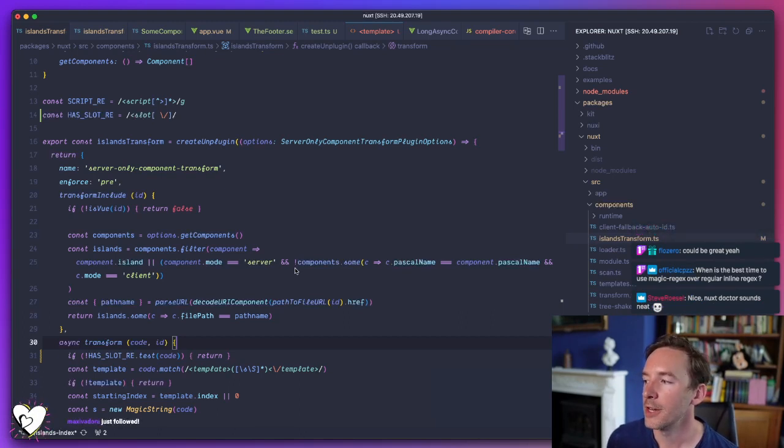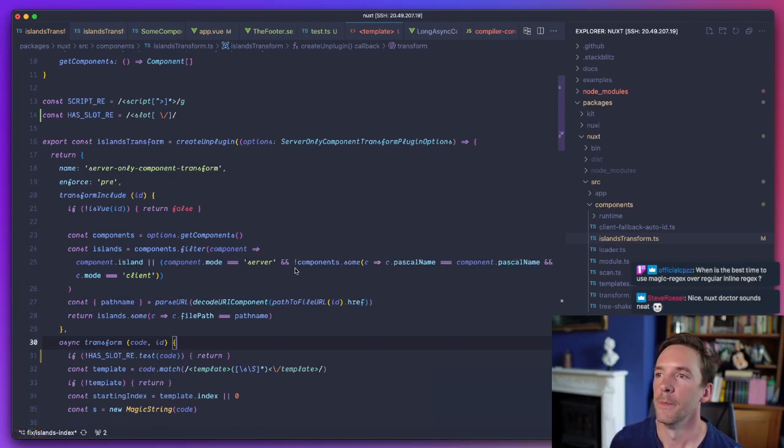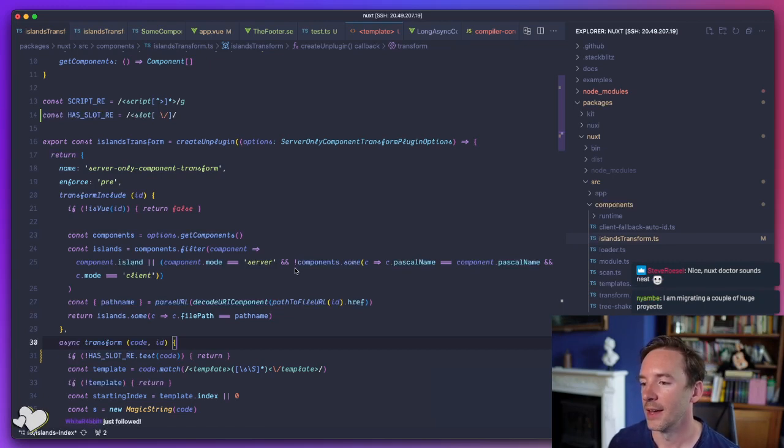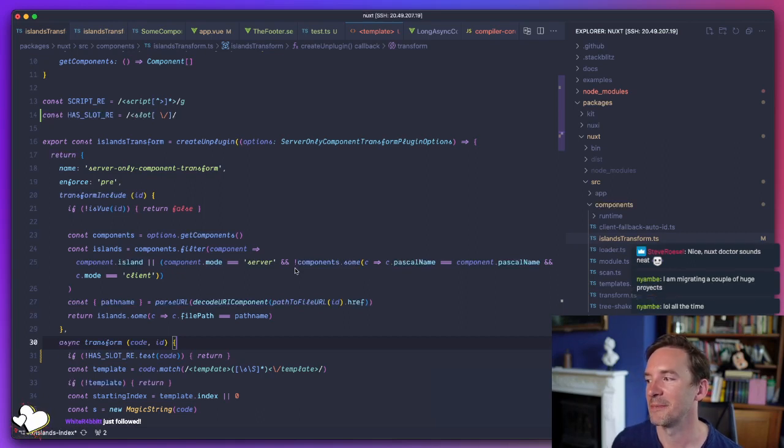So, running magic regex. Basically, I don't use it in the Nuxt codebase. Actually, I probably could use it in the Nuxt codebase, but I don't use it there deliberately. Because when I first built magic regex, I wasn't needing Nuxt, so I didn't.